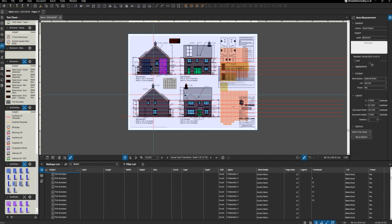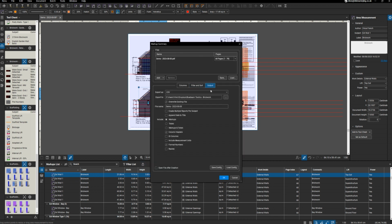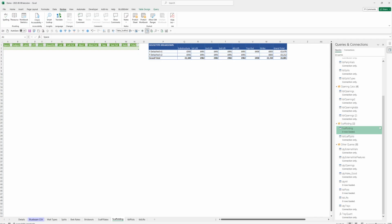Double check that that's under top out. Yeah, so what we're going to do now is export all of our markup list to the CSV file. That's gone to the right one. Click OK. Jump across to our spreadsheet. Now